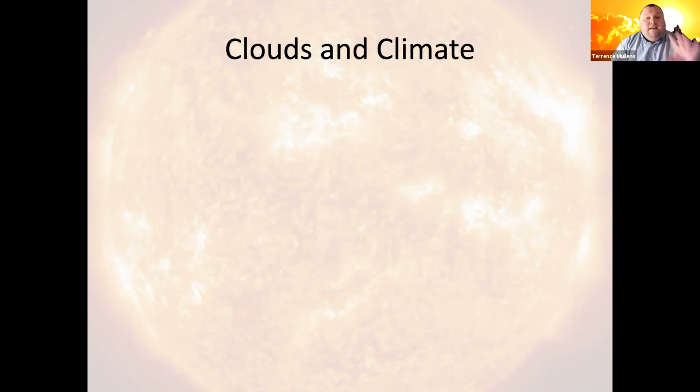Before I can do that, I do want to mention that not all clouds are alike. I'm sure that you've experienced this before. If you go outside and stare up at the sky, you see different types of clouds: some may be puffy, some may be very thin and wispy, others may be dark, others very bright, others almost transparent, others make the sky look really dark. So not all clouds are alike. There are many different types of clouds, but I'm just going to split these up into two main categories: high clouds and low clouds. Let's talk about those.